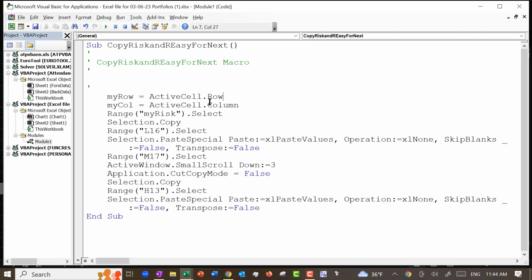Anytime you're on the worksheet, the cell that is selected is called the active cell, okay? This says wherever you are, figure out what's the row number. This says wherever you are, figure out what's the column number. Next, select the cell that is called my risk. Copy that. Next, I'm going to,